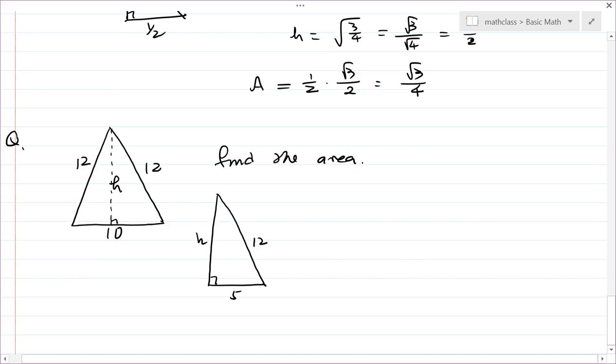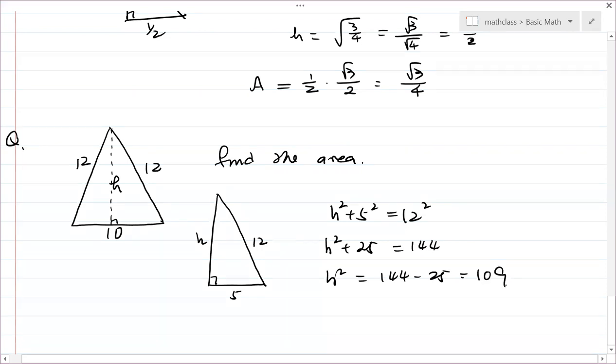Then you apply the Pythagorean theorem. So h squared plus 5 squared equals 12 squared. Then you get h squared plus 25 equals 144. So h squared equals 144 minus 25. And that is going to be